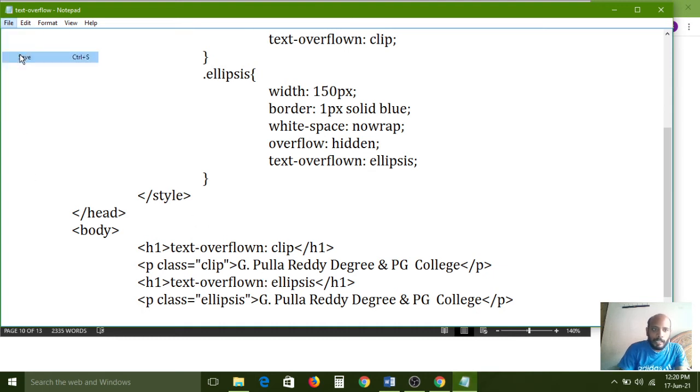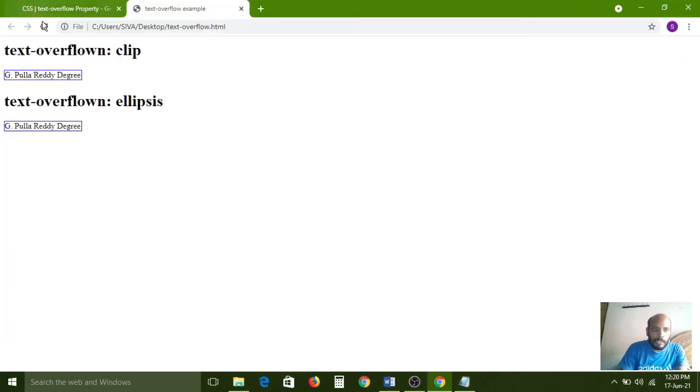Now I am saving again and refreshing the page. It is printing the same.